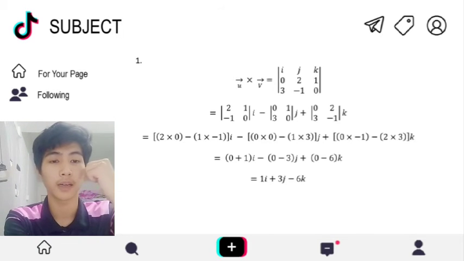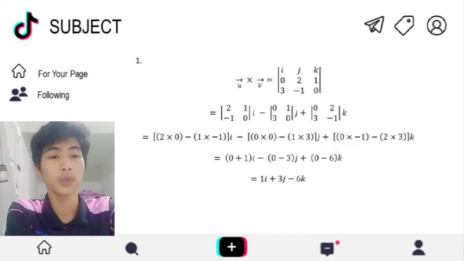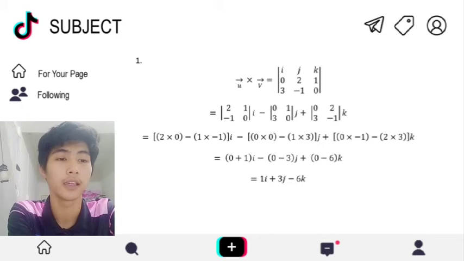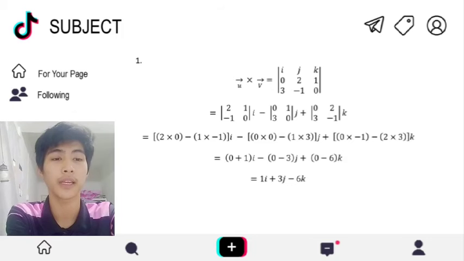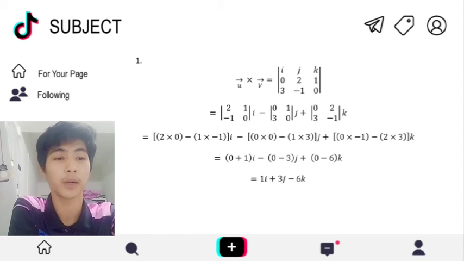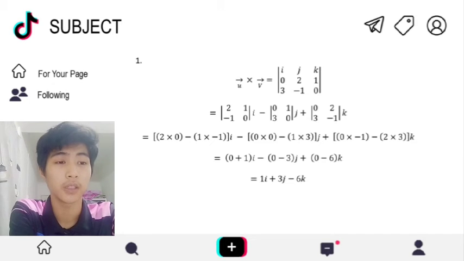So you can get the 2 by 2 matrices: 2, -1, 1, 0 times I, minus 0, 3, 1, 0 times J, plus 0, 3, 2, -1 times K, equals open bracket 2 times 0 close bracket minus open bracket 1 times -1 close bracket times I, minus open bracket 0 times 0 close bracket minus open bracket 1 times 3 close bracket times J, plus 0 times -1